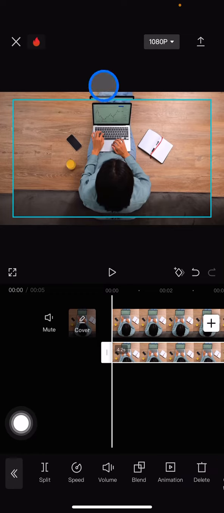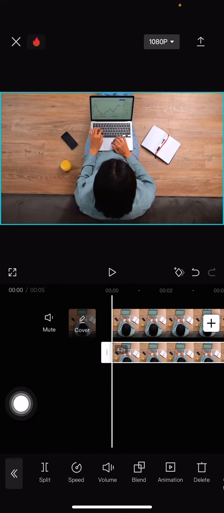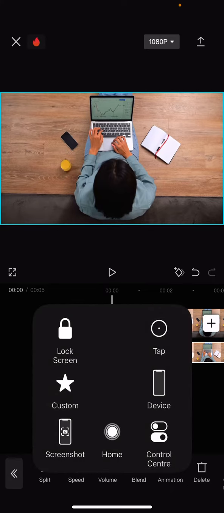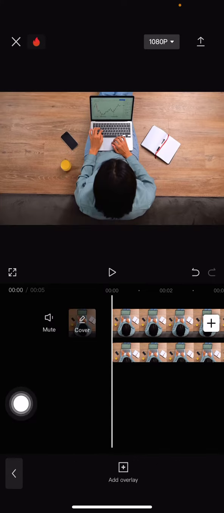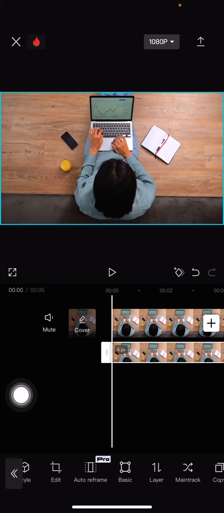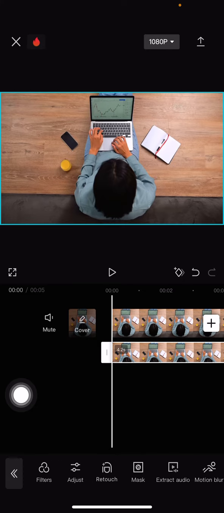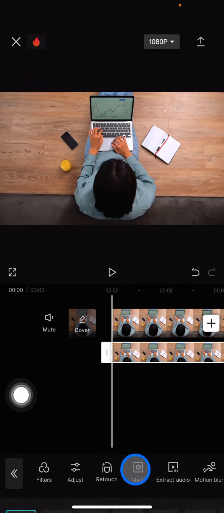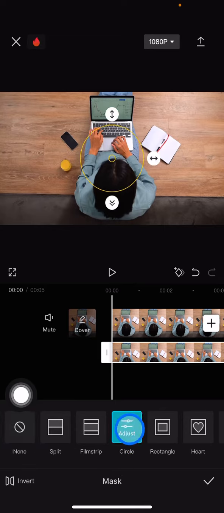Now we already have the same video twice, one is the primary video and the other one is for the overlay. Now we need to resize it so that the size is the same, and after that we just need to jump into the features button. In this features button, you just need to slide to the left side until you find the mask. Click it, and after that click circle,